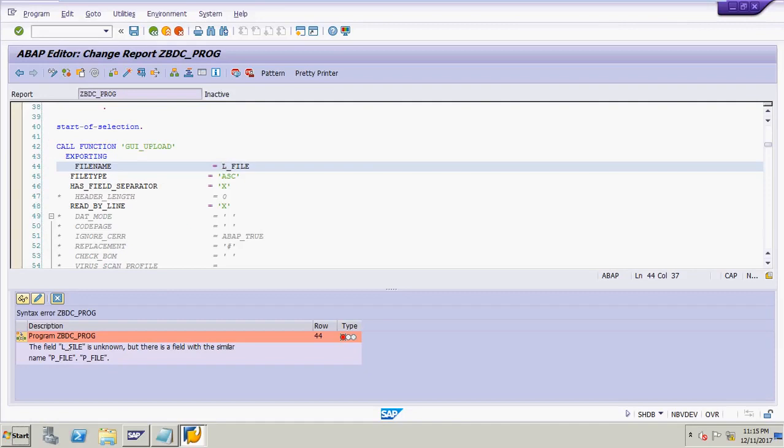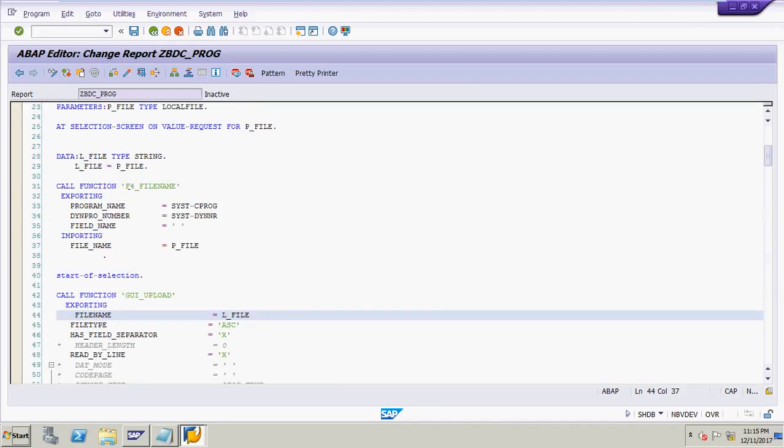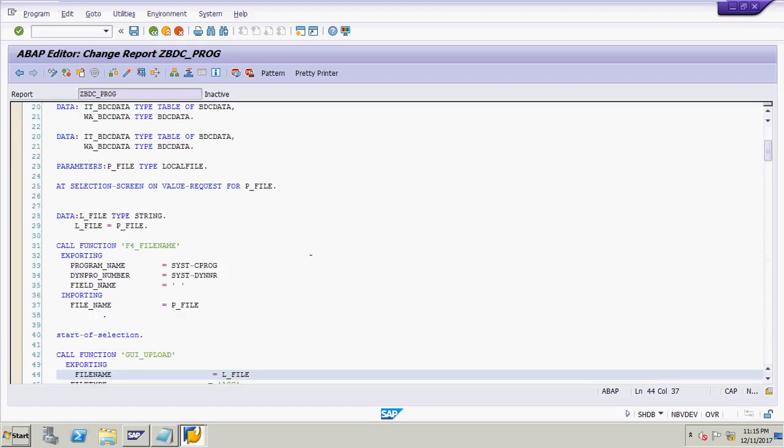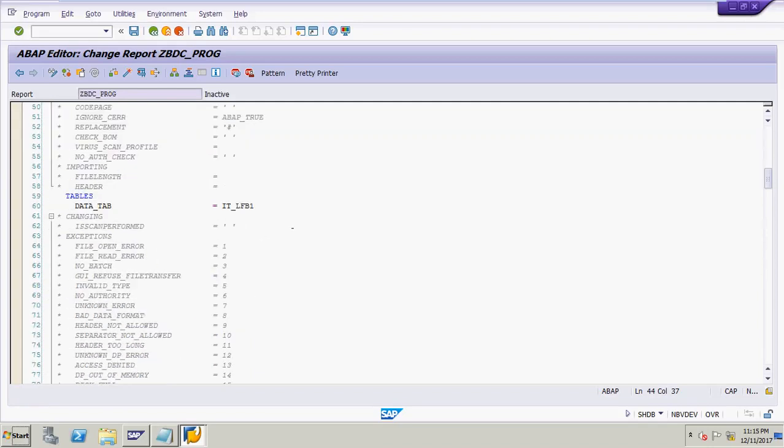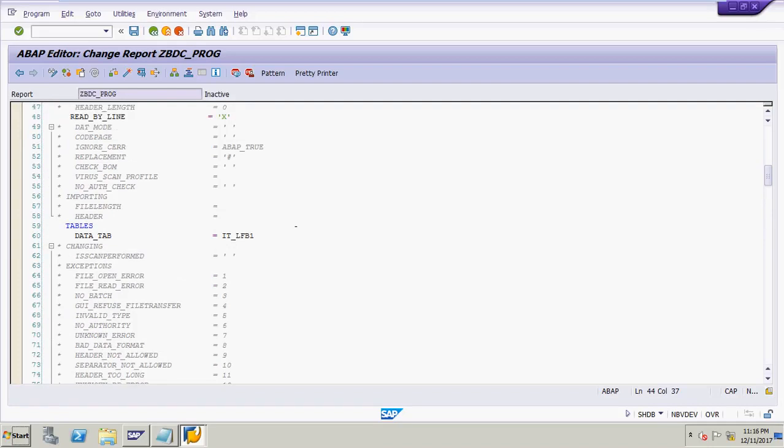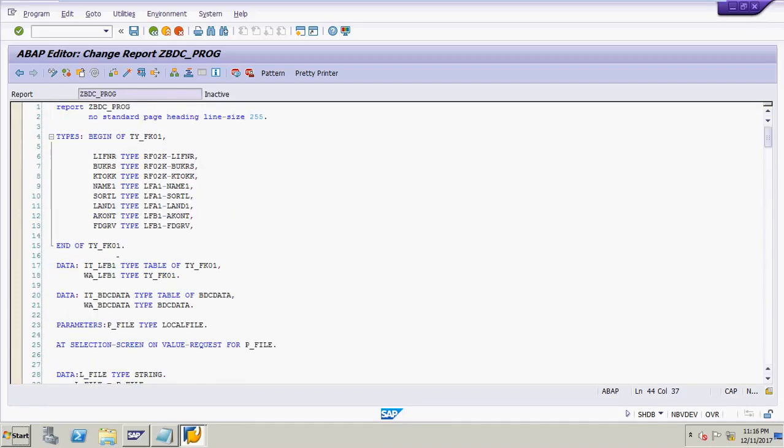L file, the field L file is unknown, but there is a similar one, P file. P file type local file.